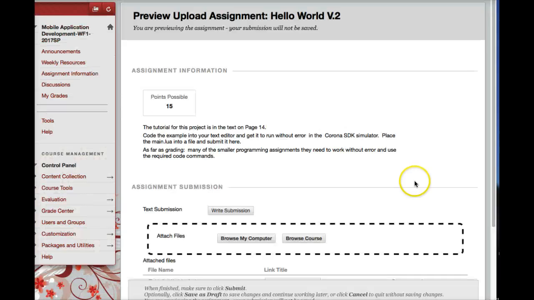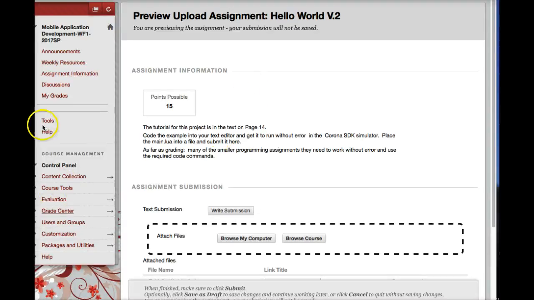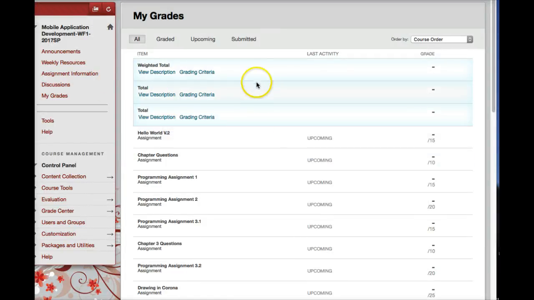But other than that, even that's not a mandatory thing. It just helps me stay a little more organized. But I get a notification every time something's turned into Blackboard, so I know who and when and all that. So that's where you would turn it in. You should be able to go to the My Grades section then, once I've graded things, and